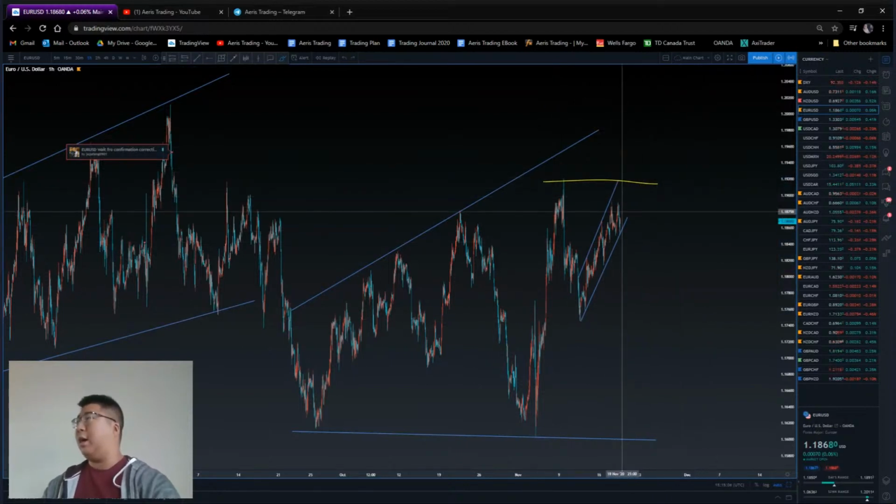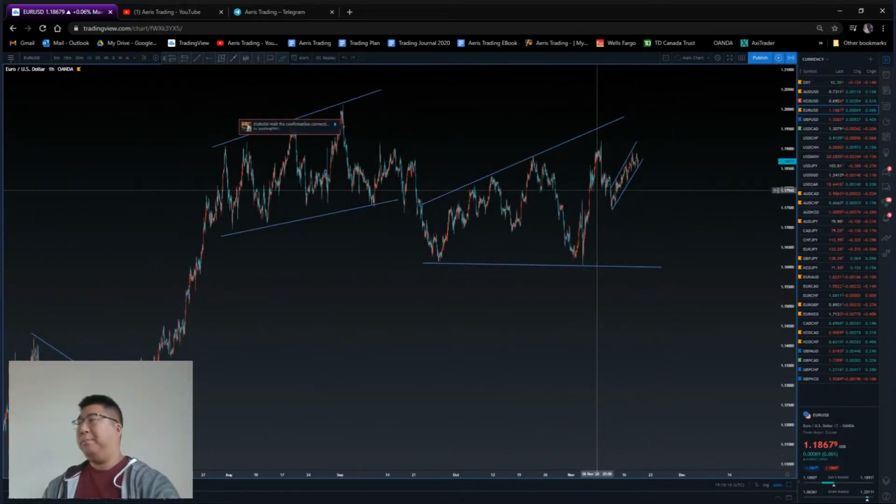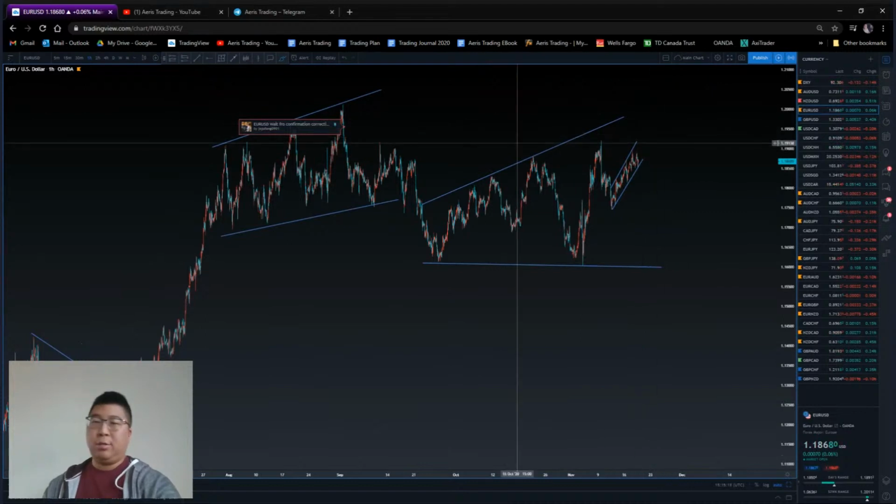Or, like I said, same thing as Aussie dollar, you want to wait for the breakout and then continuation down as well. Okay, so they're all at this area now where the entry could happen in the next 24 to 48 hours, right? So just make sure you set your alerts or whatnot. Okay,